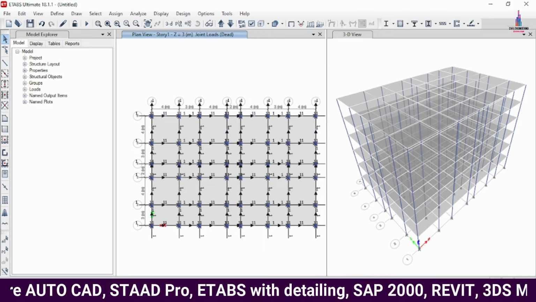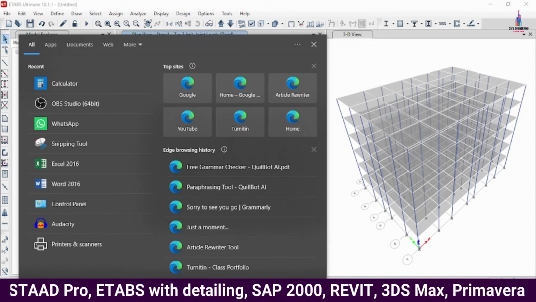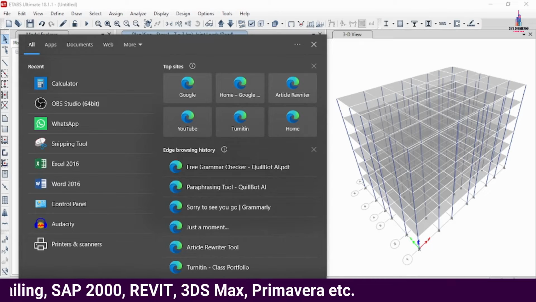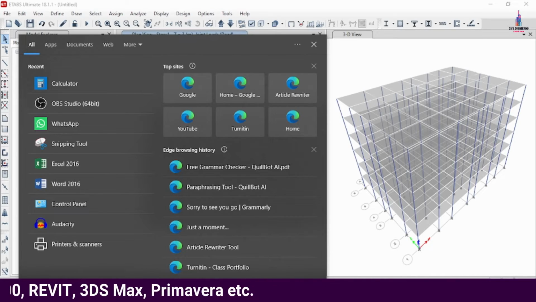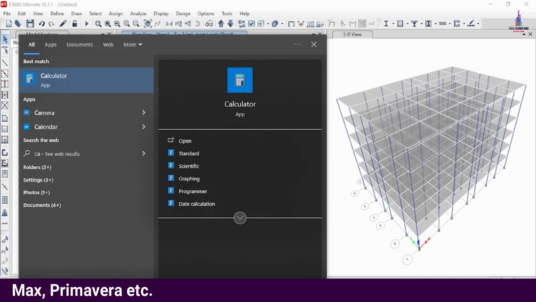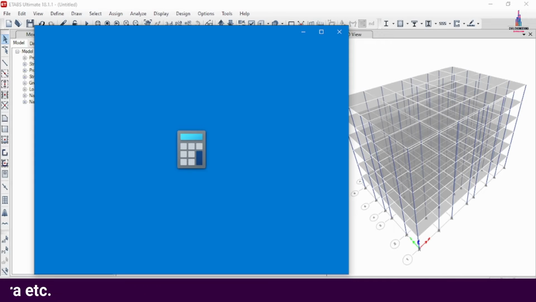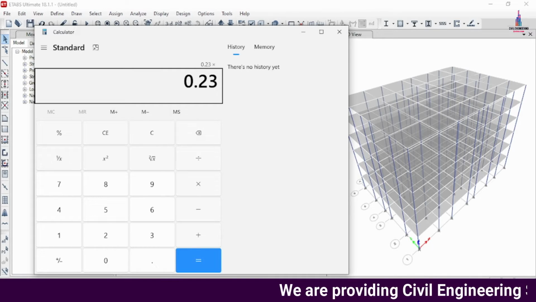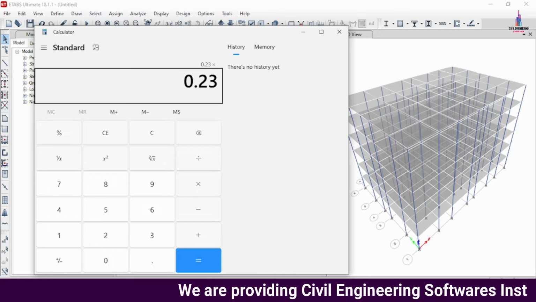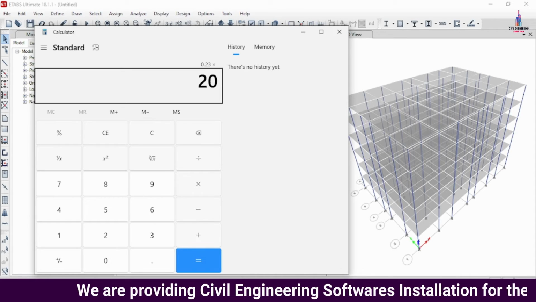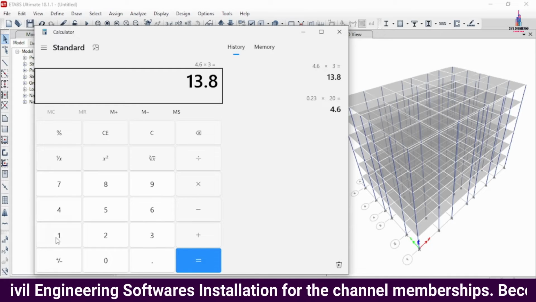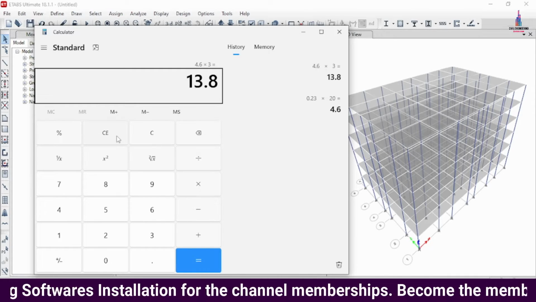Okay, so walls consist of 3 types of categories. One is the external wall loading condition system, the second is the internal wall loading condition system, and the third is the parapet wall loading condition system. Firstly we will calculate the loading condition system for the external wall. Basically the external wall will consist of 0.23 thickness. We have to multiply this value with the unit weight of the brickwork, 20, and we have to multiply this value with the height of the wall, which is approximately equal to 13.8. This is the external wall.